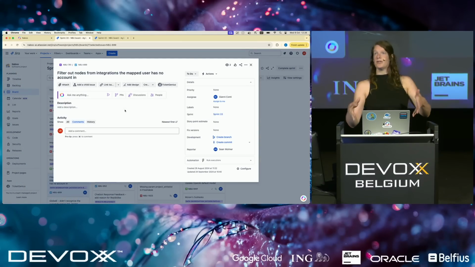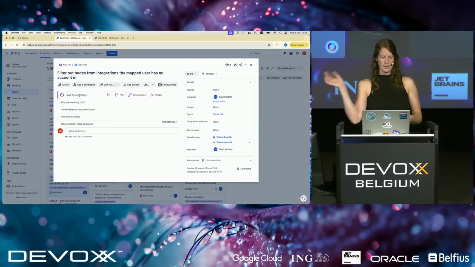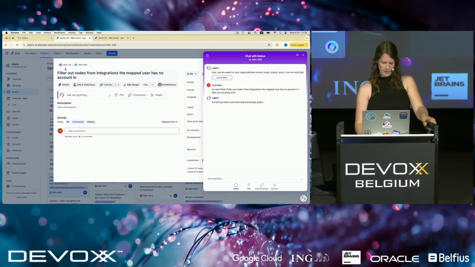So this is in Jira. And Nabu is this little plugin here. And I can ask anything I want about this ticket, because there's not much to it and I'm not sure where to start. So if I want to know why we are doing this, filter out nodes from integrations the mapped user has